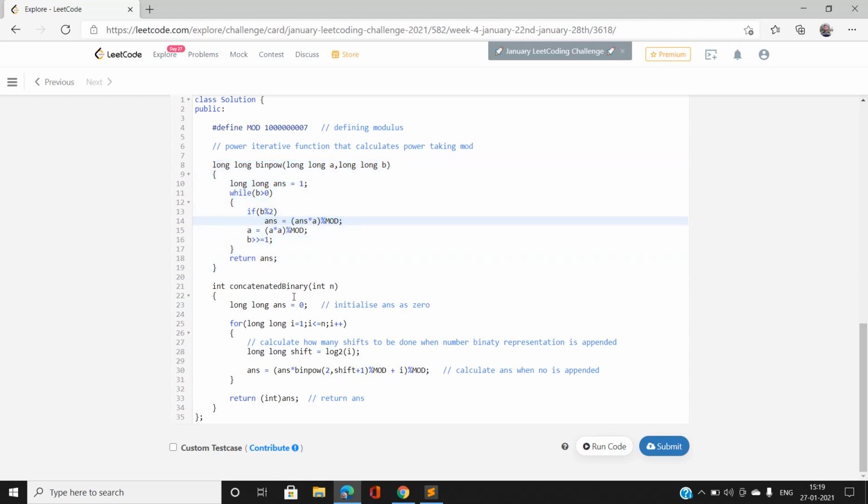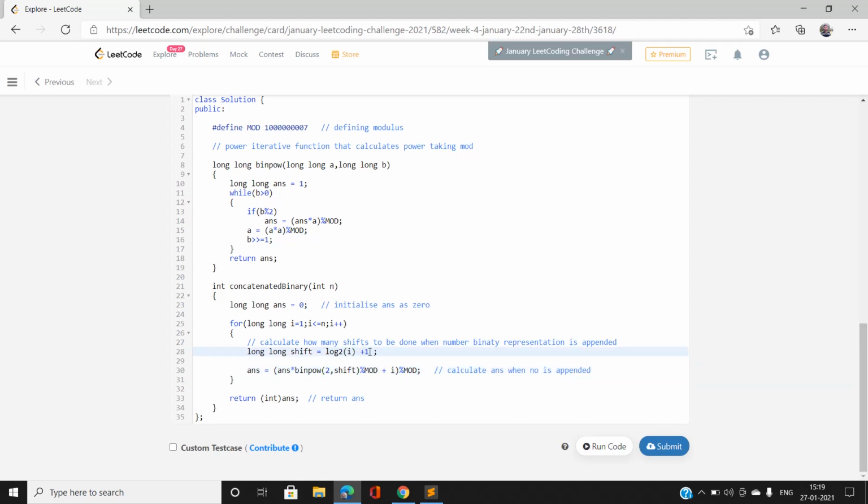Okay, now I have initialized answer with 0, and since the answer can be very large, I have taken it in a long variable. Now we are going to iterate I from 1 to n, incrementing I up to n. I am going to calculate the shift as log 2 of I, and we can also write plus 1 here, it doesn't matter.